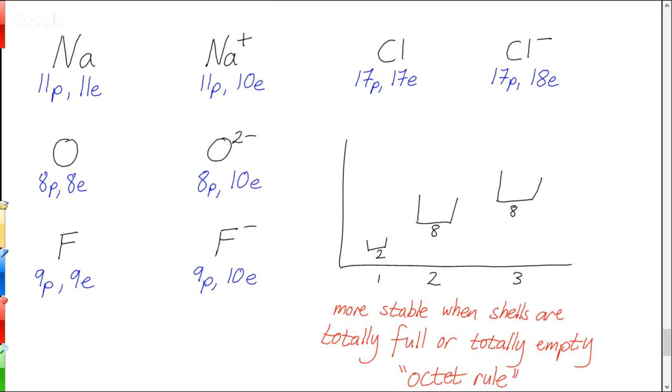If we take oxygen, oxygen's got 8 electrons, right? We put those 8 electrons in the shells, 1, 2, 3, 4, 5, 6, 7, 8. We can see pretty clearly that if it got 2 more electrons, it would have all full and empty shells, right? See that? So that tells us that oxygen is really going to want 2 more electrons to become stable. And that's exactly what we see. And this is true in reality.